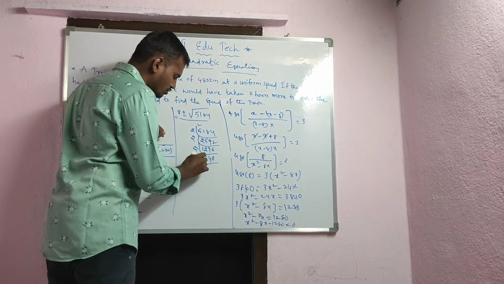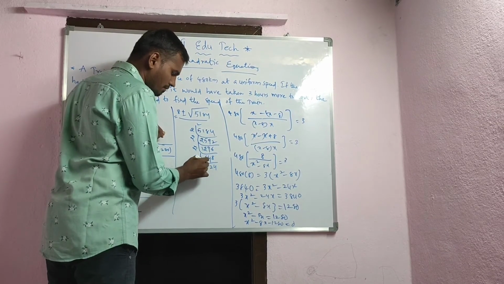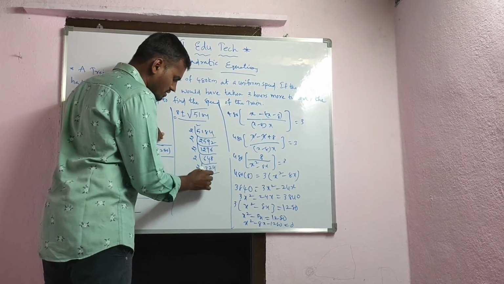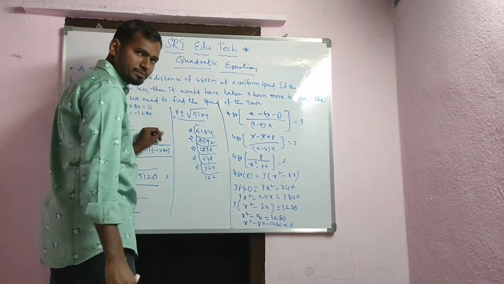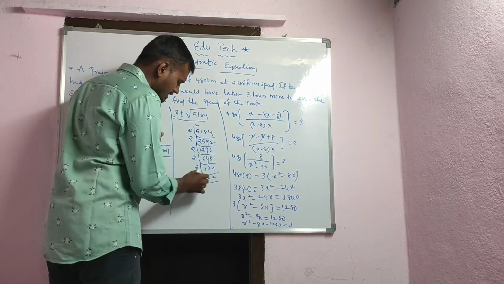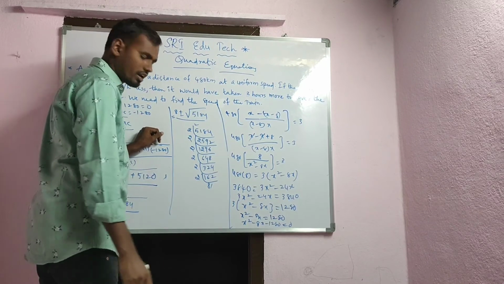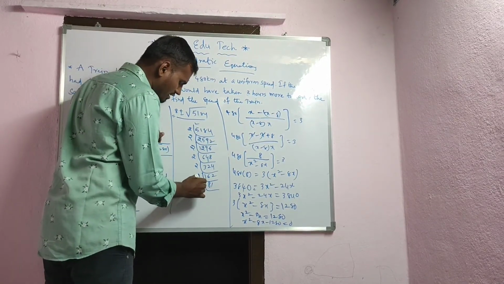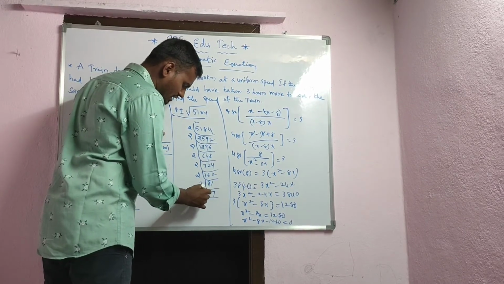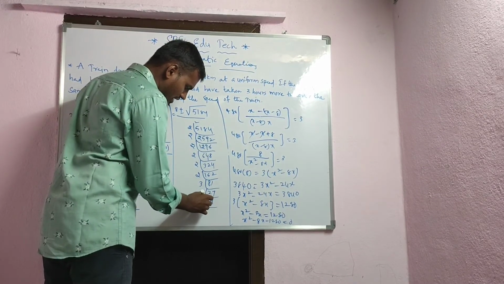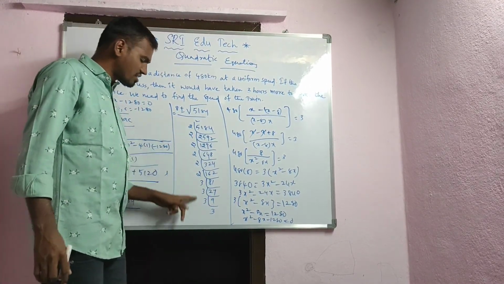Next again I am taking 2. Then 2 3s are 6, 2 2s are 4, 2 4s are 8. Next again I am taking 2. 2 1s are 2, 1 remaining, 12. 2 6s are 12, 2 2s are 4. And next again I am taking 2. 2 8s are 16, 2 1s are 2. Next I am taking 3 now. Then 3 2s are 6, 3 7s are 21. I am taking again 3, 3 9s are 27, again 3, 3 3s are 9. So this is the LCM.